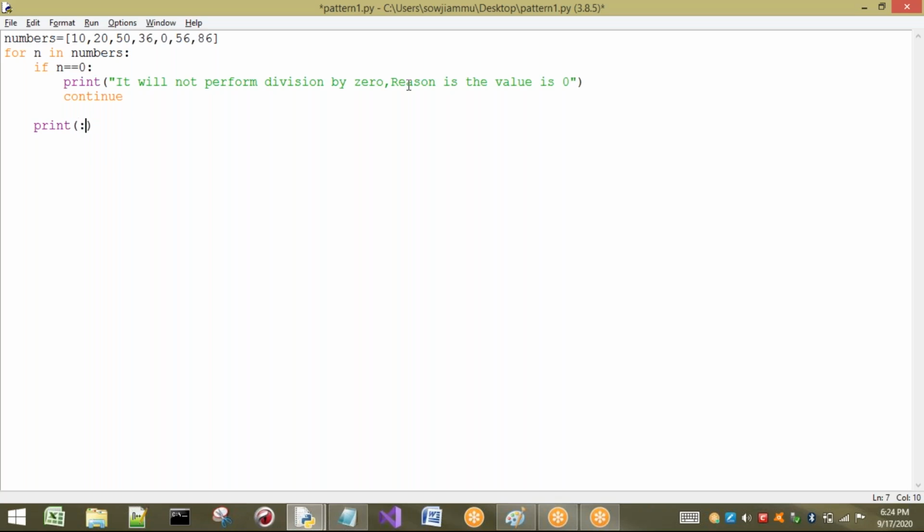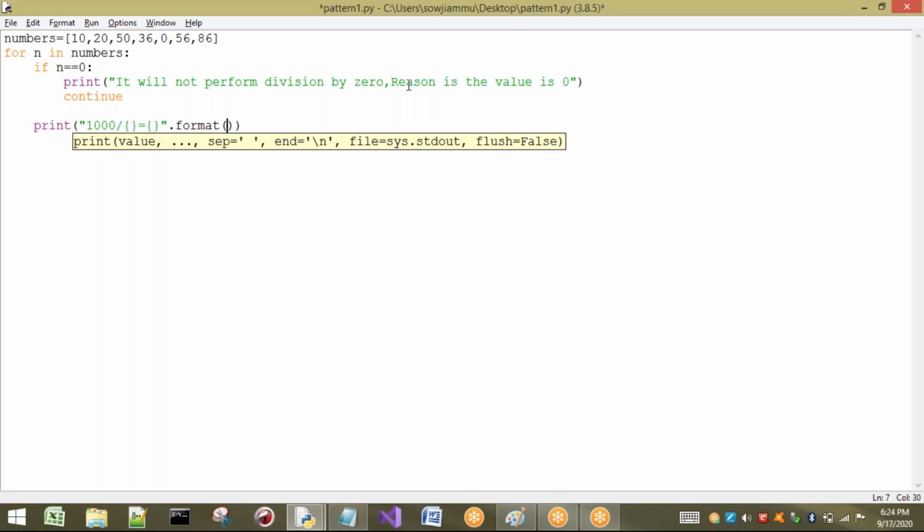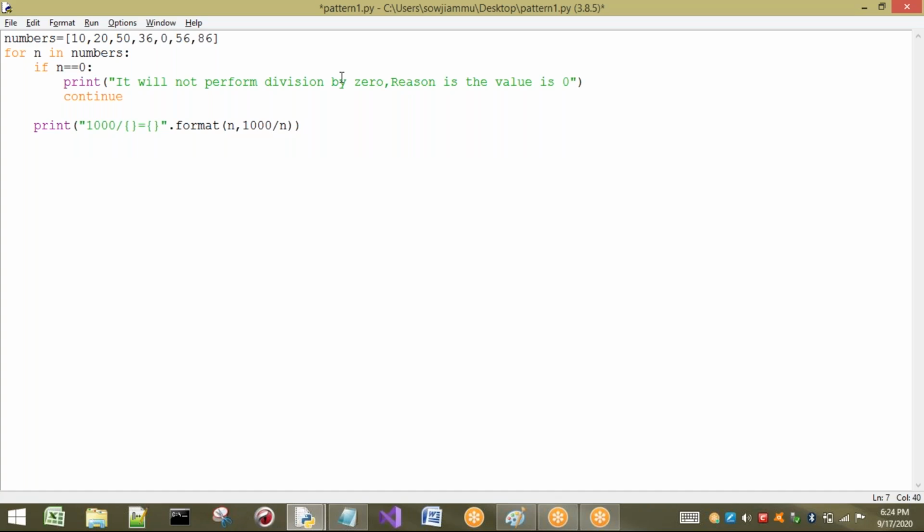I want to divide 1000 by these numbers, for example. So I write a print statement: I want to divide 1000 by some value, which I will specify with a format function. Format of n, whatever value we have, comma, 1000 by n. So I am dividing 1000 by the n value.